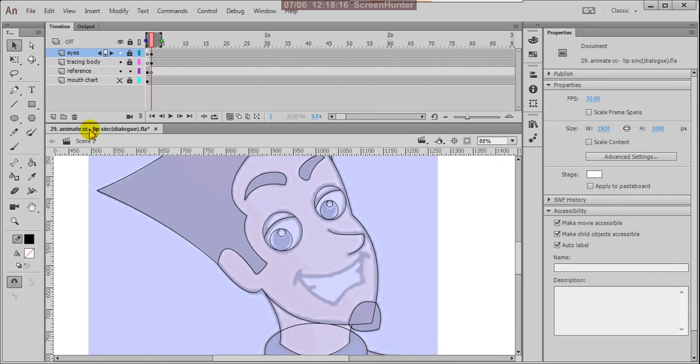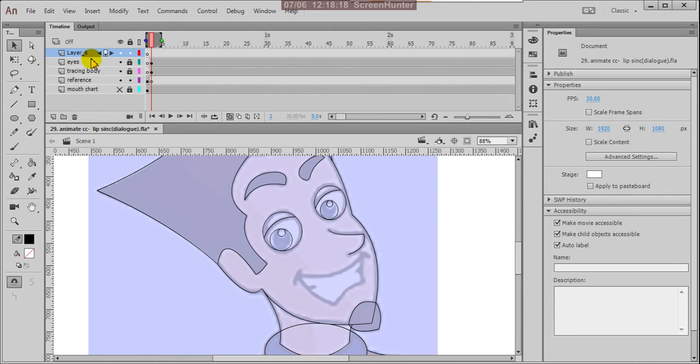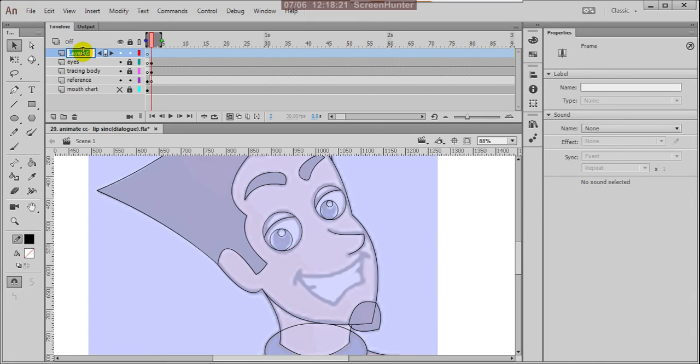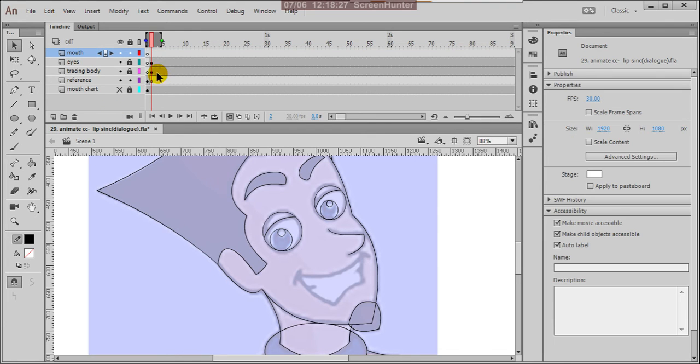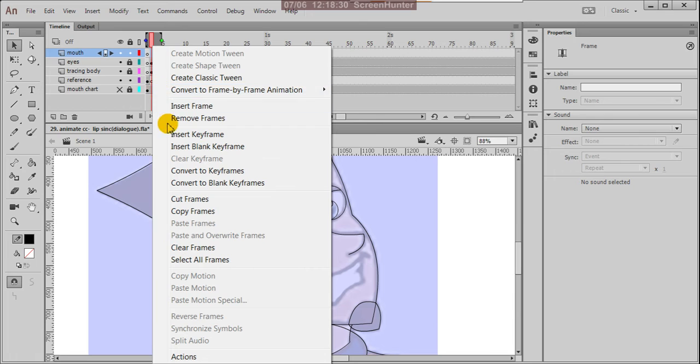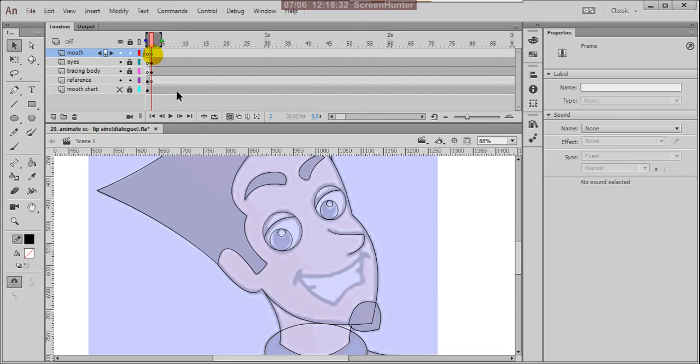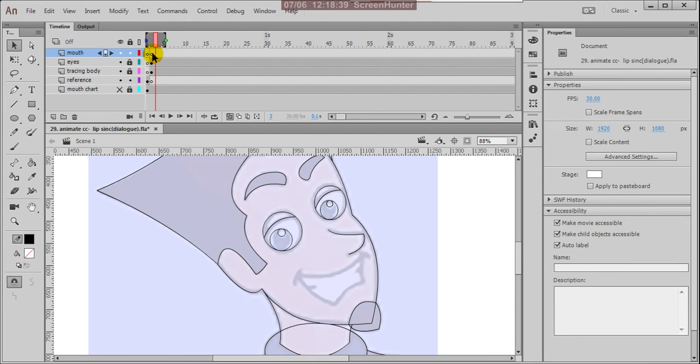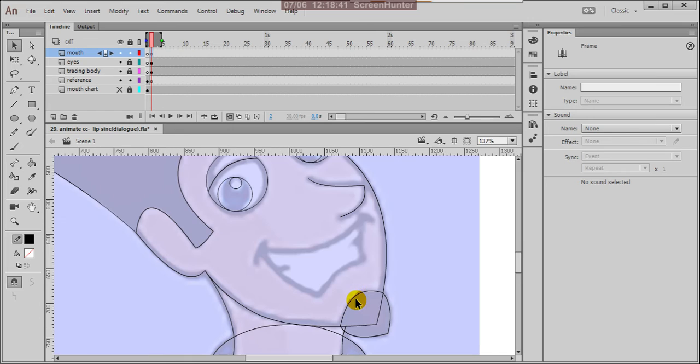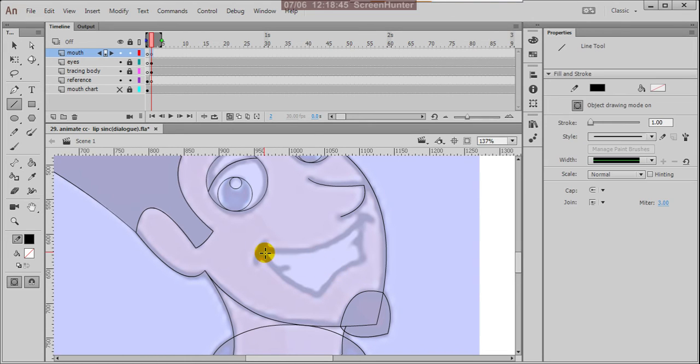Now create another layer here. This is called mouth, MOUTH, mouth. Okay, and just here insert keyframe here, and then what you do, can create the mouth shape. Suppose this is his mouth,